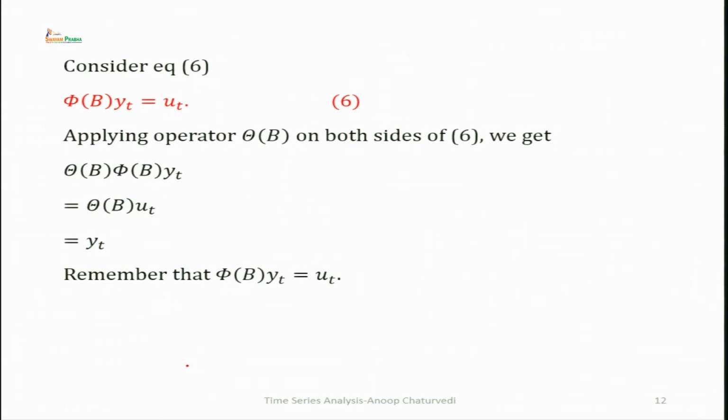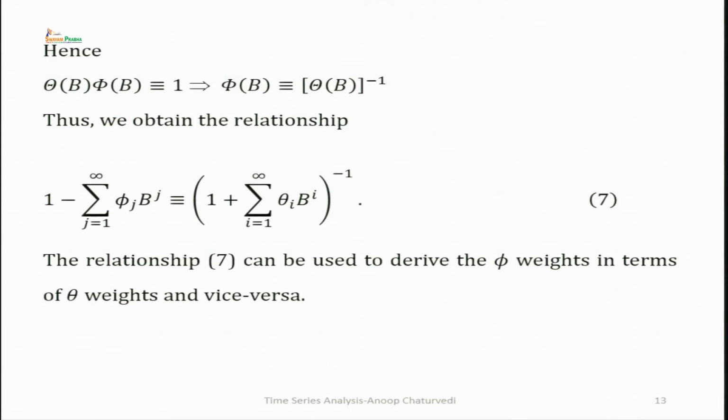Now, we consider equation 6, which is phi B y t is equal to u t. Now, suppose you apply the operator theta B on both sides of 6. Then what you get? Theta B phi B y t equal to theta B u t. Then theta B u t is equal to y t. So, theta B phi B y t is equal to y t. So, from here you can write theta B phi B equivalent to 1, or phi B is equivalent to theta B inverse, or theta B is equivalent to phi B inverse,